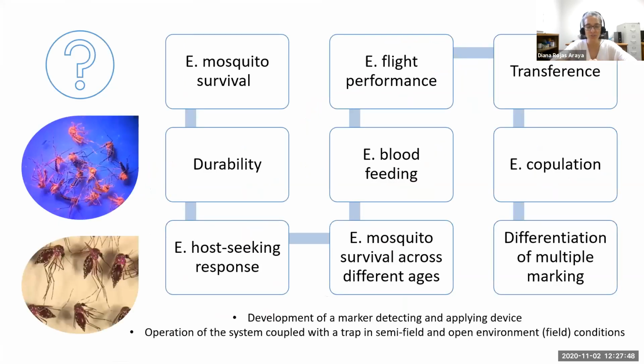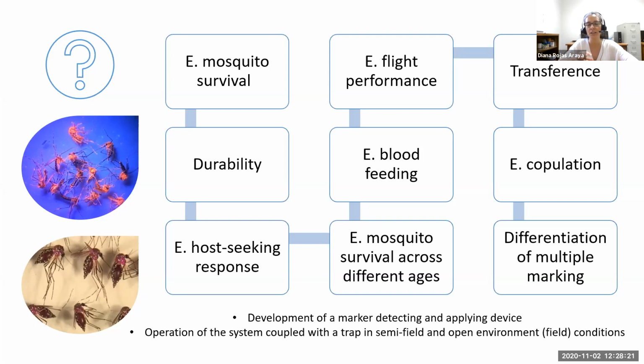So before we started all the experiments, we evaluated different types of markers, different ways of putting them on the mosquito, like external, internal, and different ways. But in the end, we decided to move forward with fluorescent powders, for different reasons that I will not go very deep into. We also thought, okay, we want to use them in the field, with potential different practical applications.